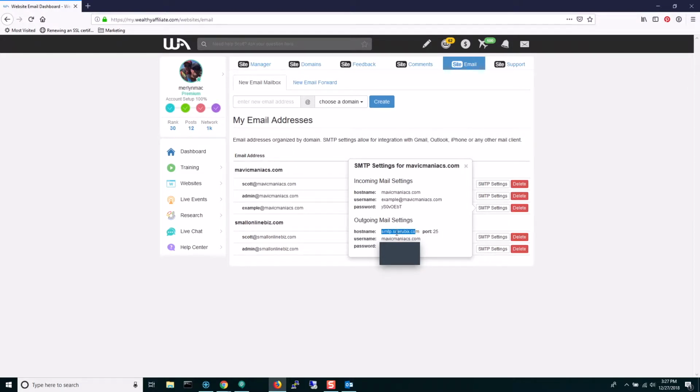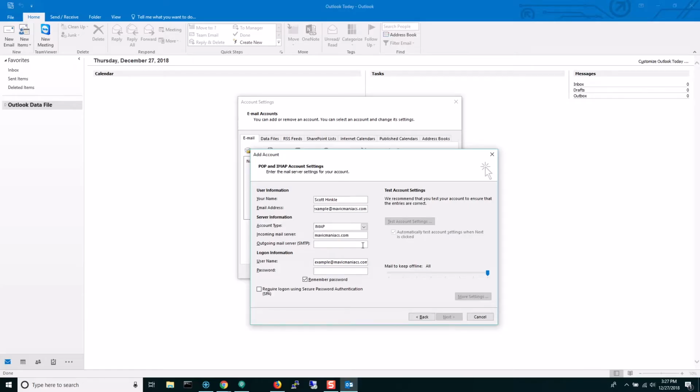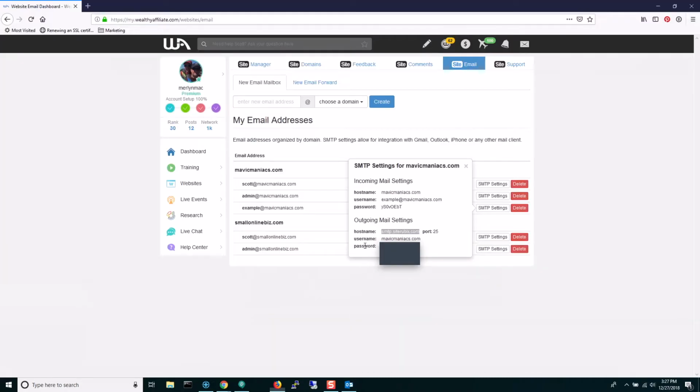This is an issue if you happen to highlight, like double click, or if you highlight and even though it looks right, sometimes an extra character or a special character might be in there. So I really suggest that you start at the beginning and just slowly drag until it highlights all the characters so you don't accidentally get something funky in there. Your username is the same as the incoming username, the incoming password,